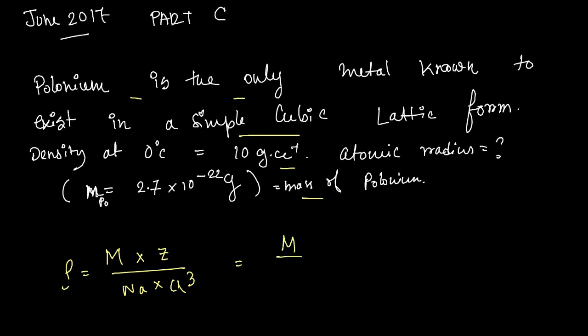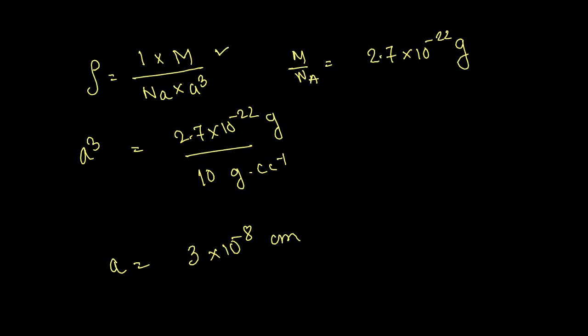M by Na is given, 2.7 into 10 to the power minus 22, and for simple cubic lattice Z equals 1, and a cube we have to calculate, and rho is also given. So a cube equals M by Na, per atom weight, divided by rho, with Z equal to 1 for simple cubic, so a will become 3 into 10 to the power minus 8